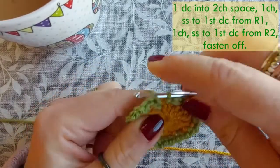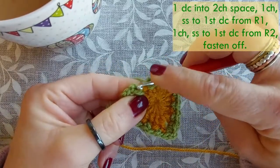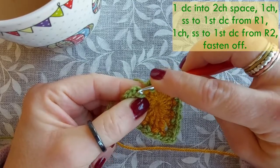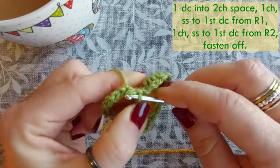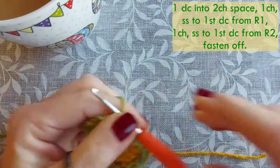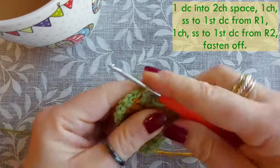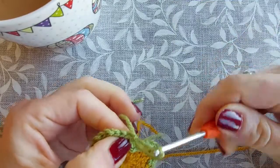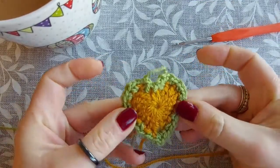Pull it in a bit tight, chain again, and now I'm going to slip stitch to this bit here. The baggier bit is where I joined the yarn at the beginning. I'm going to come underneath here, slip stitch to that, and I am done. I can fasten off. So again, yarn over and pull through. Pull that tight, and there we can see